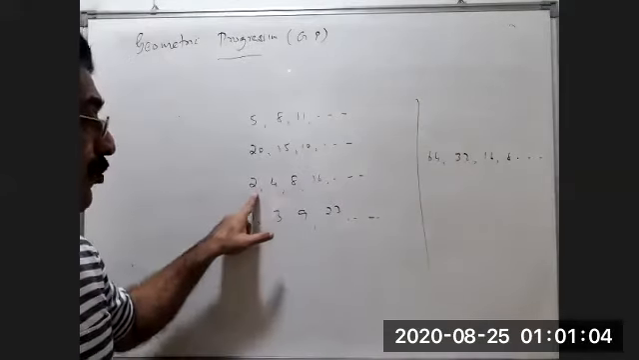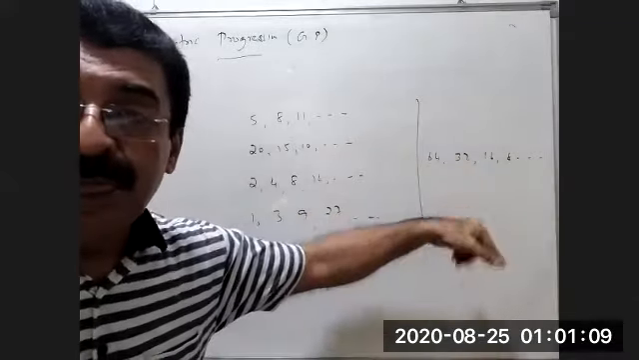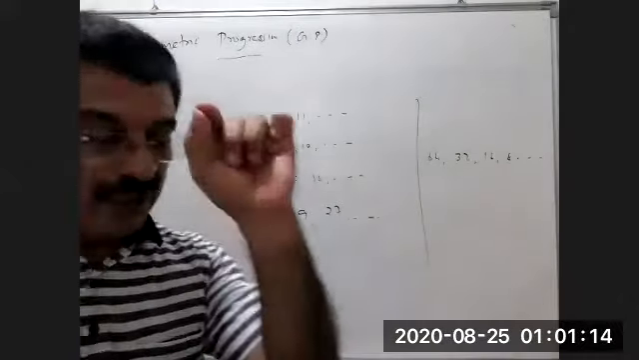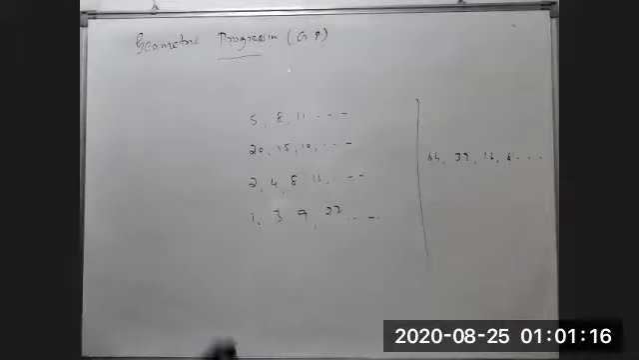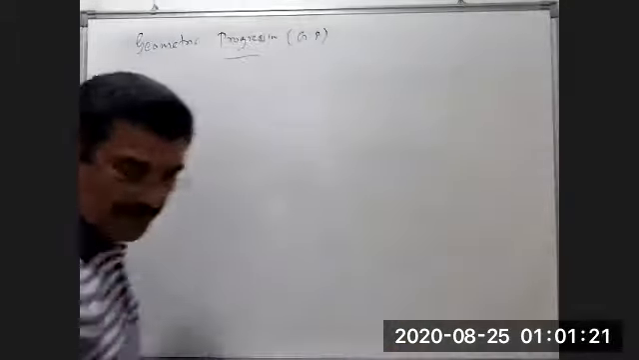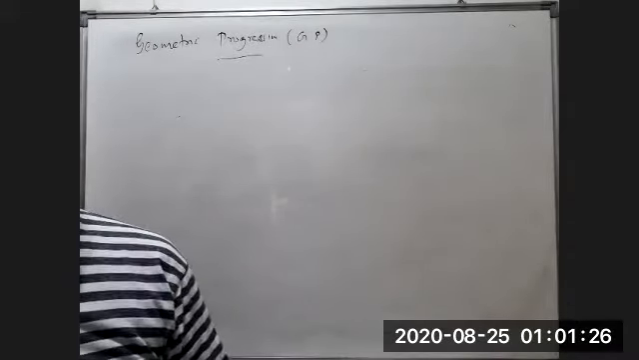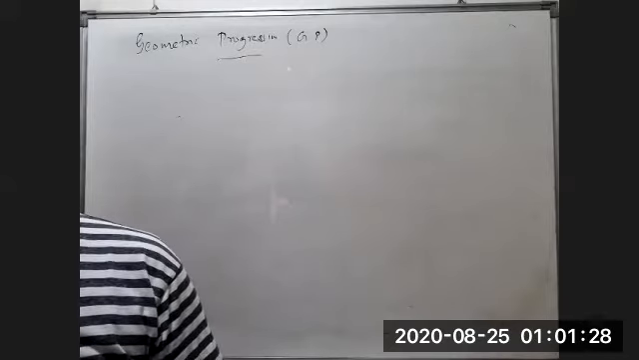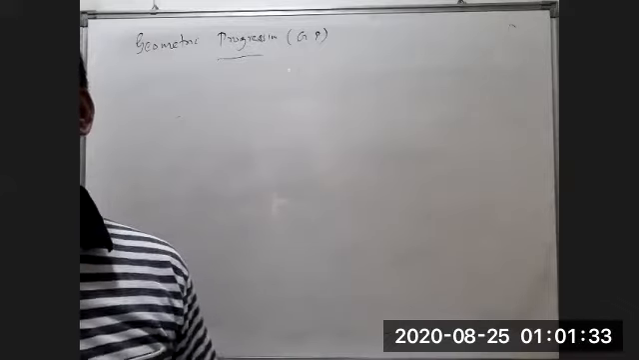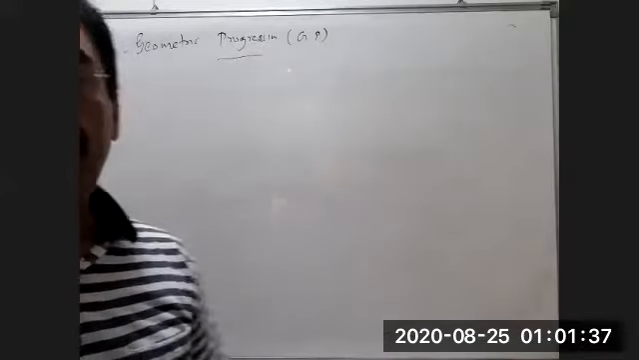Here, each time is obtained by multiplying by 2, multiplying by 3. Here, multiplying by 1 by 2. Division by 2 means it is multiplication by 1 by 2. So that is called GP. So write it. GP is a sequence in which all the terms